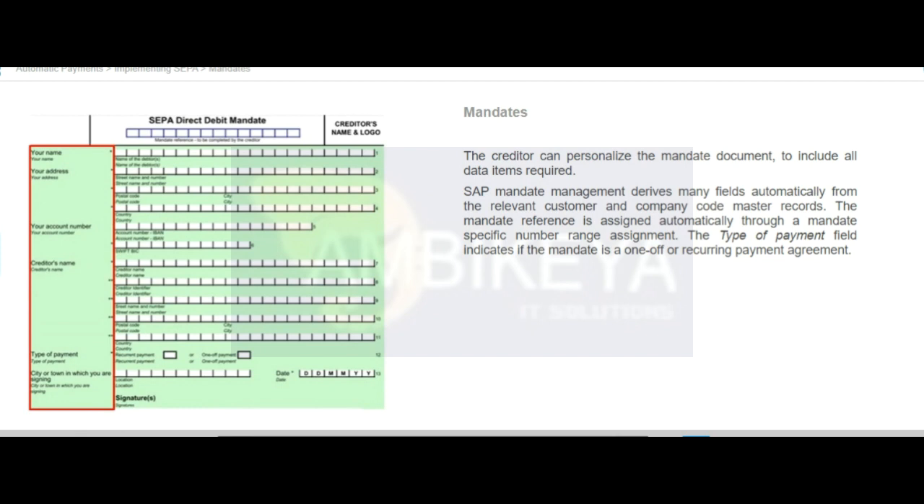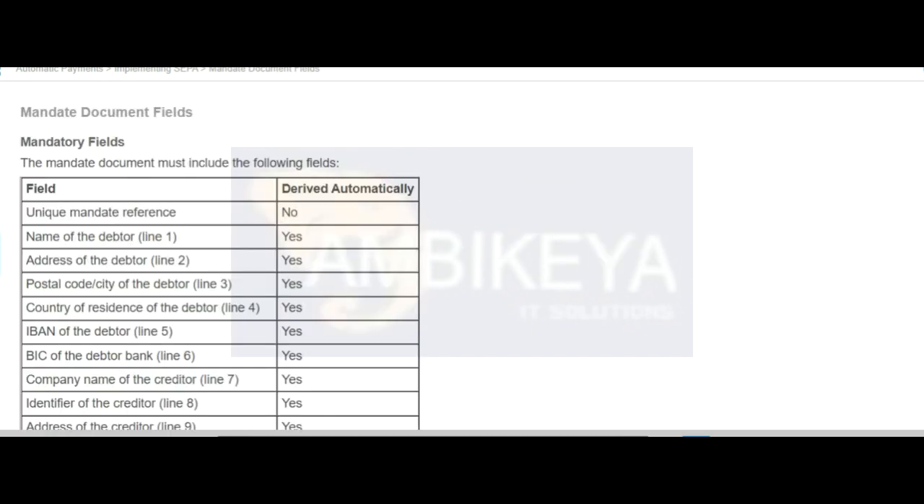The field identifiers must be in at least one of the languages of the country of residence of the debtor. If the creditor is unable to determine with reasonable certainty the language of the debtor in advance of creating the mandate document, the field identifiers are also displayed in English. A sample mandate document is provided in the figure sample mandate. The mandate document must include the following fields: